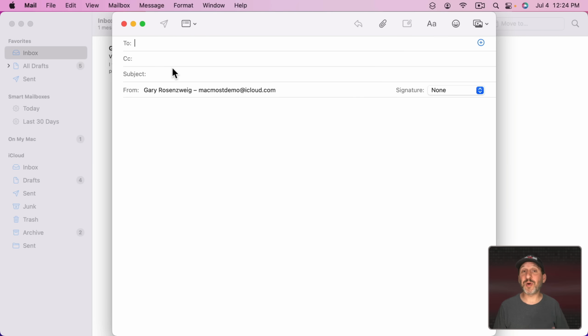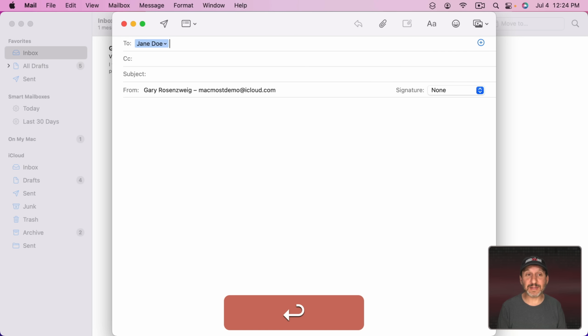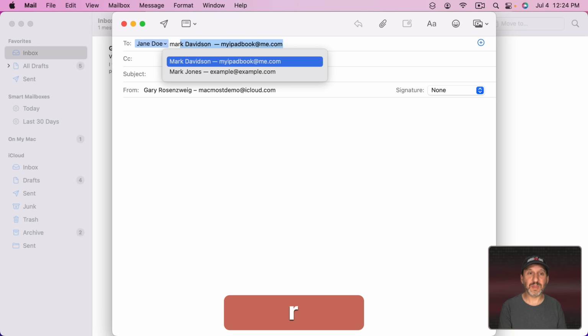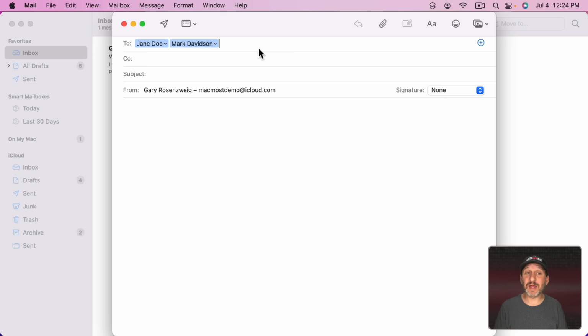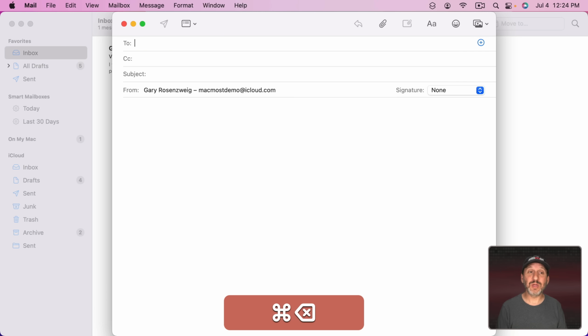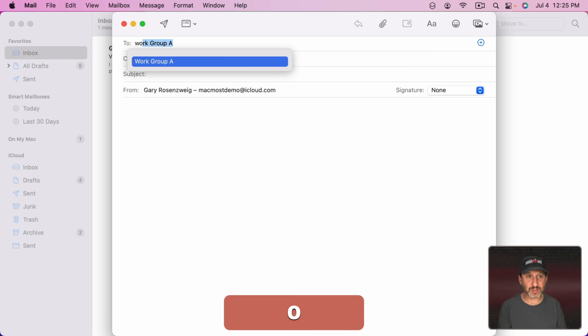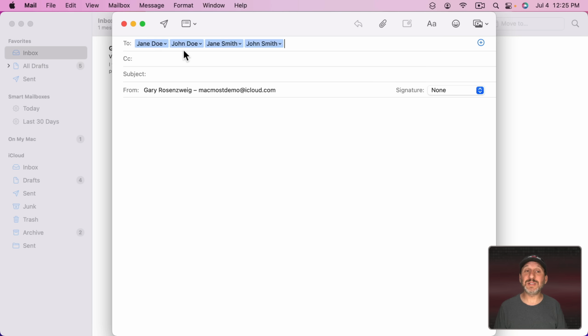So the Mail app is one of the primary places where you would use this. This is what it was built for. In the To field, instead of adding each person individually like that and building out the list each time, you could simply type the name of the group. So I'll start typing and you can see it auto completes to that, and you can see how it adds